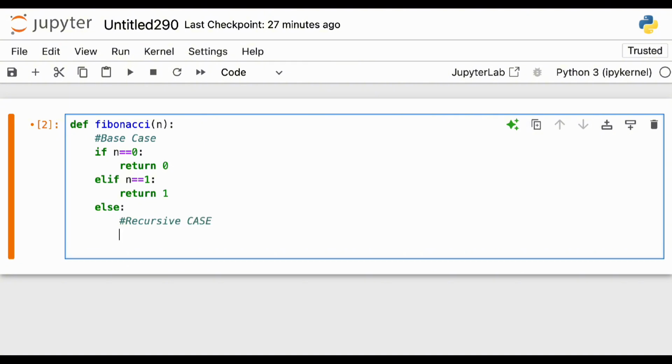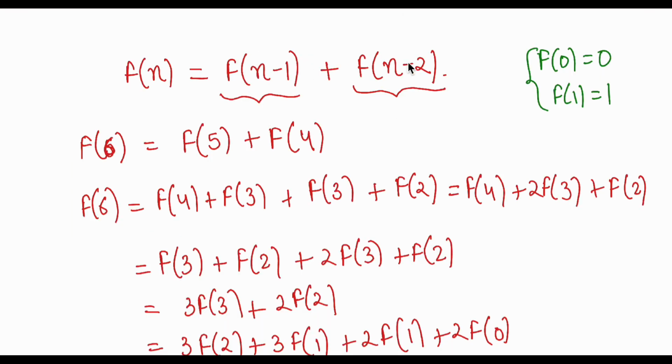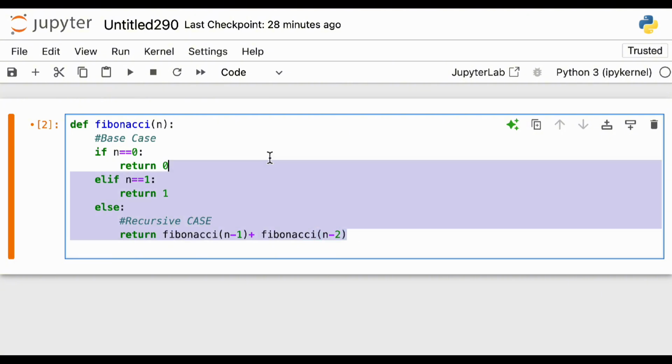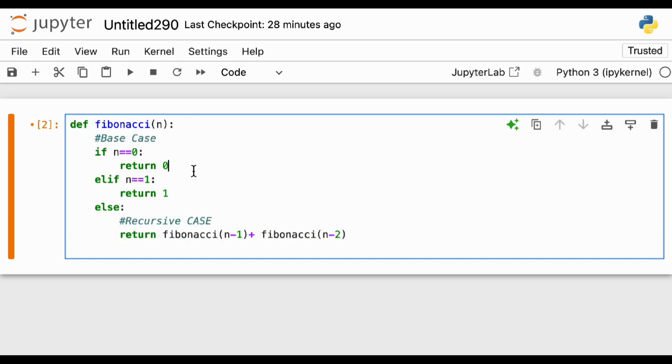The recursive case says that I have to return. Now remember, Fibonacci of any number is what? It is n-1 plus n-2. So you will simply call the function Fibonacci itself. You will say Fibonacci of n-1 plus Fibonacci of n-2. So you will call this here and you will call this here. That's it. You have written down the function to create Fibonacci. See, it is very simple because you are looping around here and there, right?